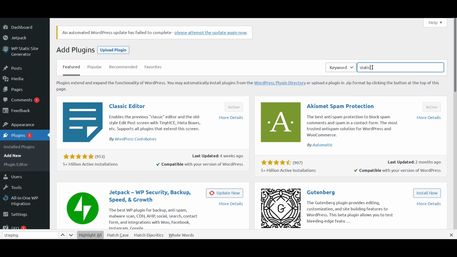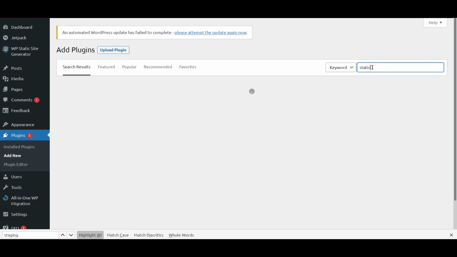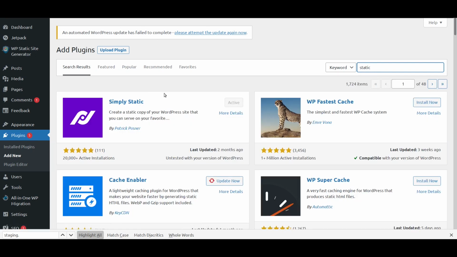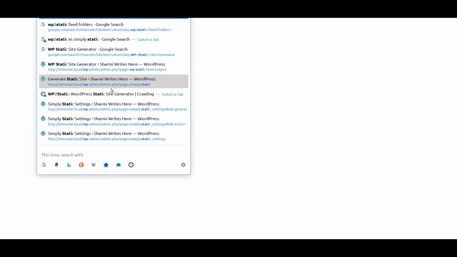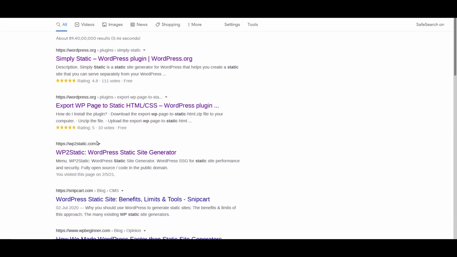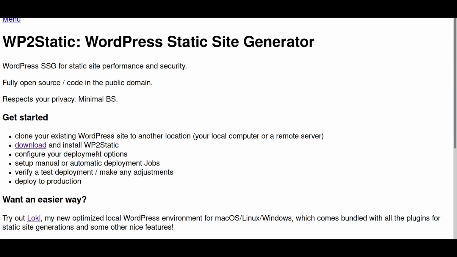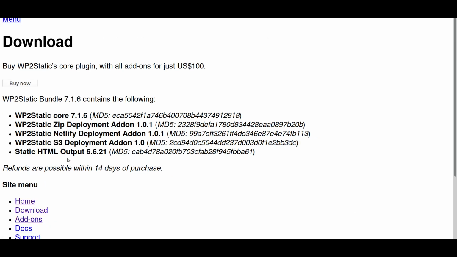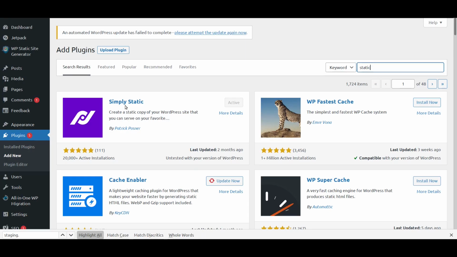When you search for static, the only thing you get is the Simply Static page. If you really want WP Static, you will have to go to WP Static's page, go to the download section, and download it locally. And then you'll be able to install it.